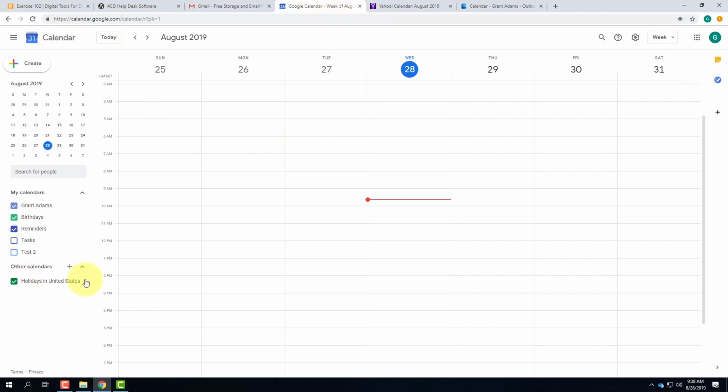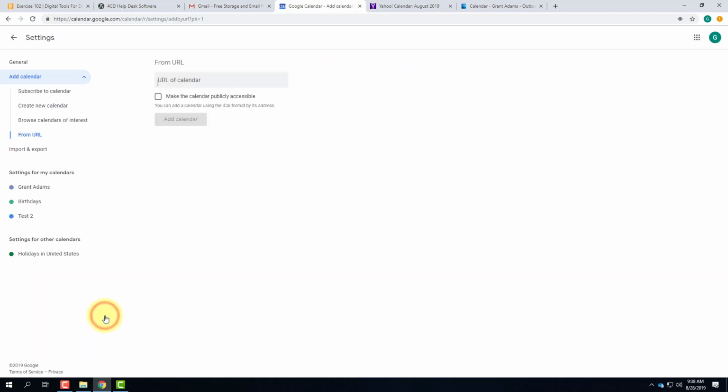So in Google Calendar, like I said, I have just a blank calendar. There's nothing actually here, so it'll be easy to see. I'm going to come down here under Other Calendars on the left side. I'll click the plus sign where it says, do you want to add other calendars? This option here, From URL, that's the one we want. And when I click on the From URL option, it will bring up this From URL little dialog box. And I will go ahead and I will paste in that long, nasty address. Once I'm done, I'll click on the Add Calendar button.